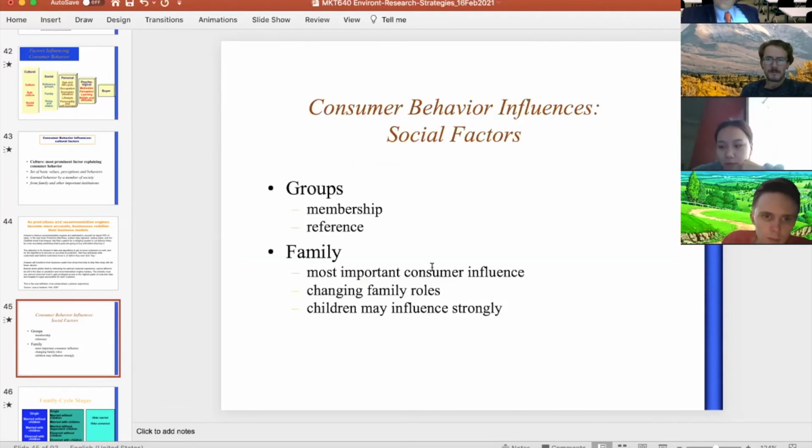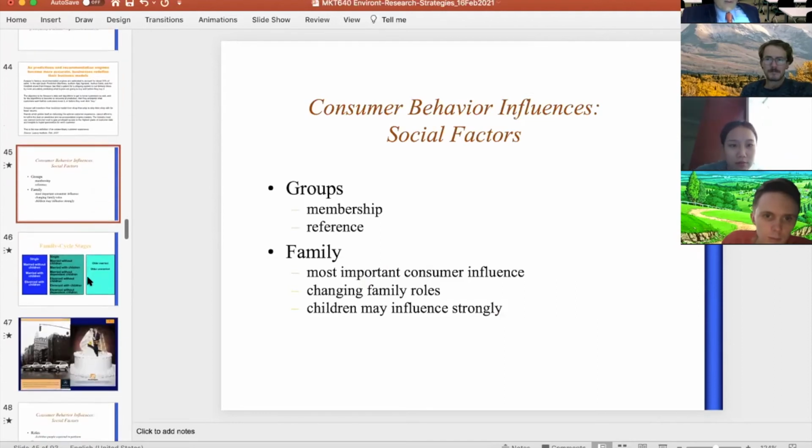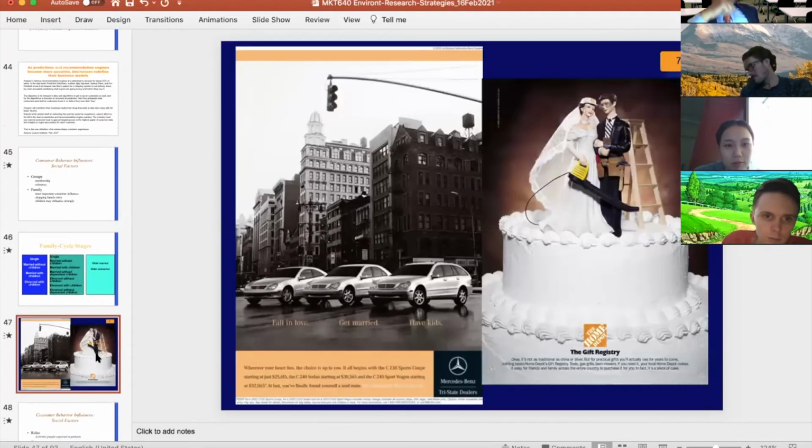Okay, so your generation is important because it has some incidence on how you think. But if you're married, not married, if you have a relationship, if you have kids, all of this has an influence on how you will consume. Businesses have known this for a very long time.